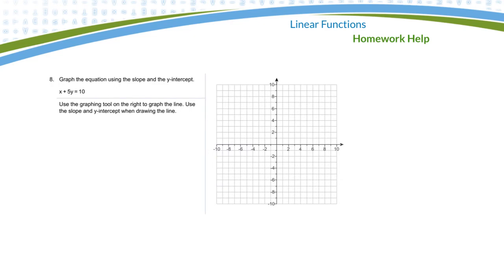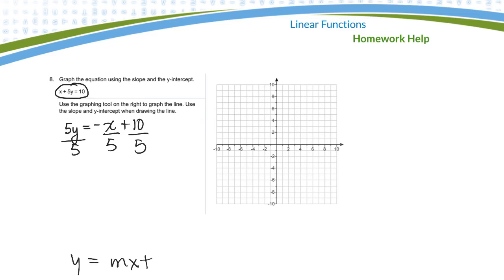Okay, next question says graph the equation using the slope and the y-intercept. Well, this isn't in the right format, so I have to change that. So I'm going to move the x to the other side, and it'll become negative plus 10. And then I'm going to divide everything by 5 because I want to make it look in the end like that. So I'm going to have y is equal to